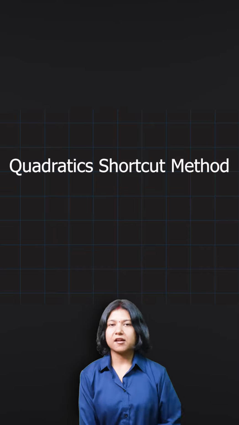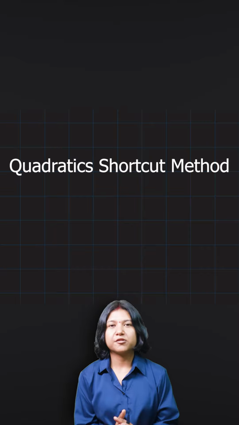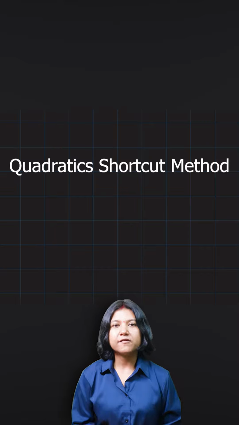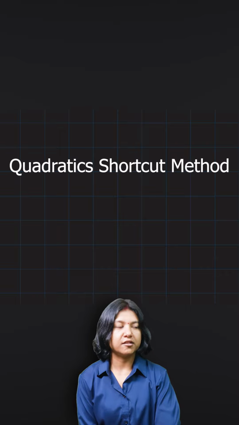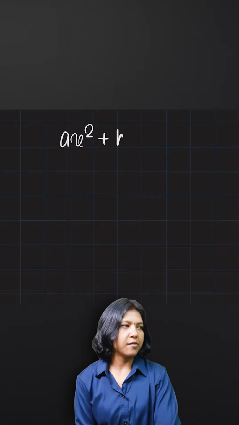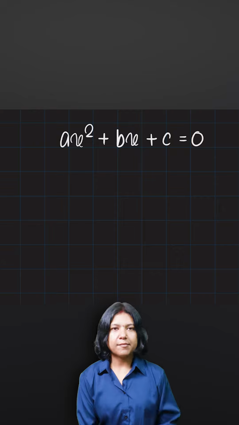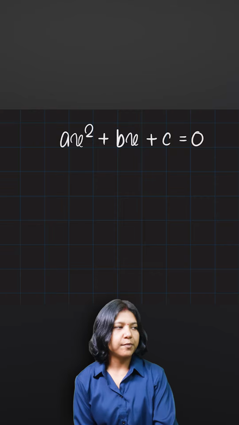So I've recently discussed and shared a shortcut method for solving a quadratic where factorization is possible and the leading coefficient is something other than 1. This is the standard form of a quadratic equation: ax squared plus bx plus c equals 0. Now you are always figuring out a pair of numbers p and q such that their sum